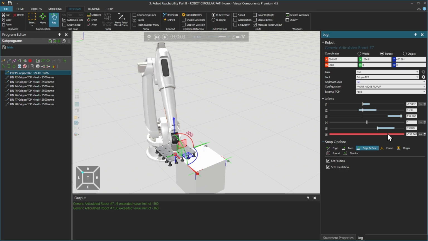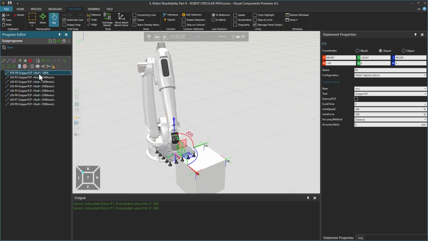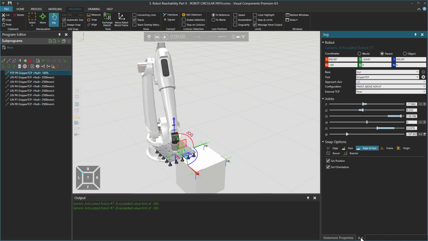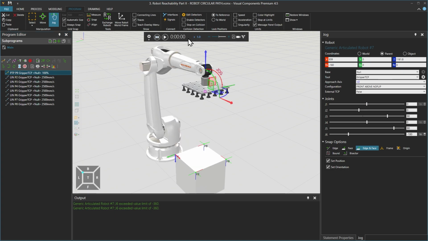And to fix this problem, we select the PTP motion statement and use the increment joint value control on the right side of J6 in the jog panel to move the joint 1 full rotation in the positive direction, so that it starts from the positive side, and then use the touch up control to update the position, and then run the simulation again, slowed down a little.